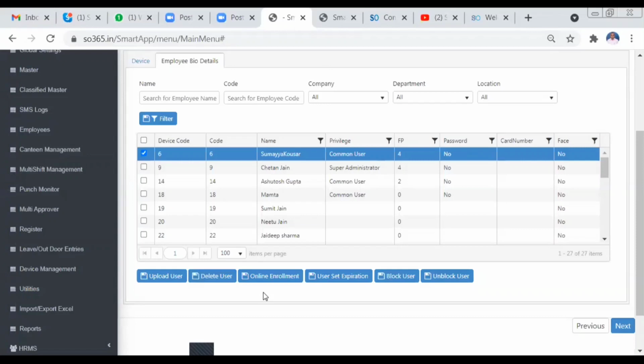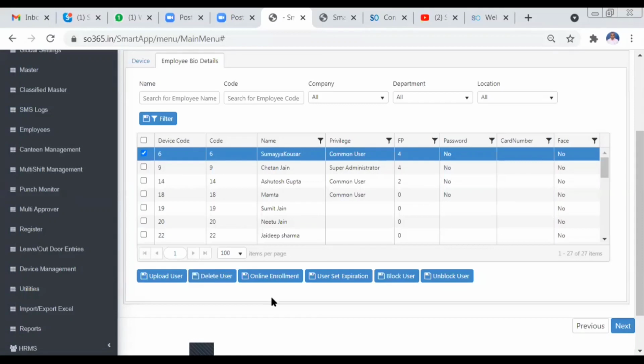So in that case, if you want to register a new joinee's fingerprint, and you want to make an online enrollment, you can just select the employee, select the device, and click on online enrollment. Automatically, the biometric machine will pop up for that particular employee to enroll his or her fingerprint. That is the online enrollment, which can be done in the absence of the admin of the biometric machine.